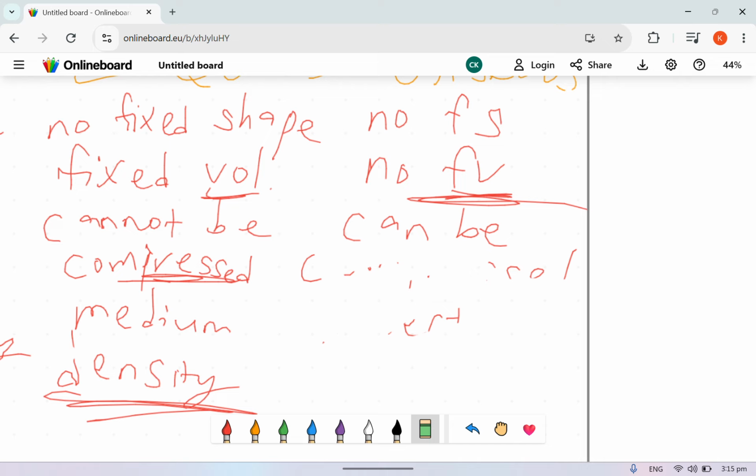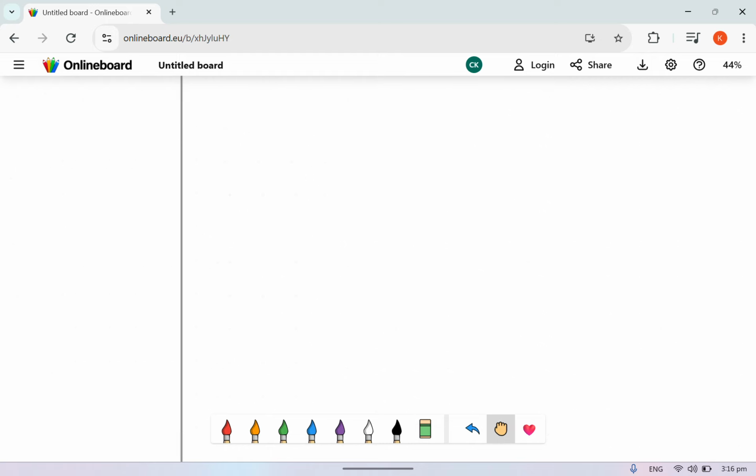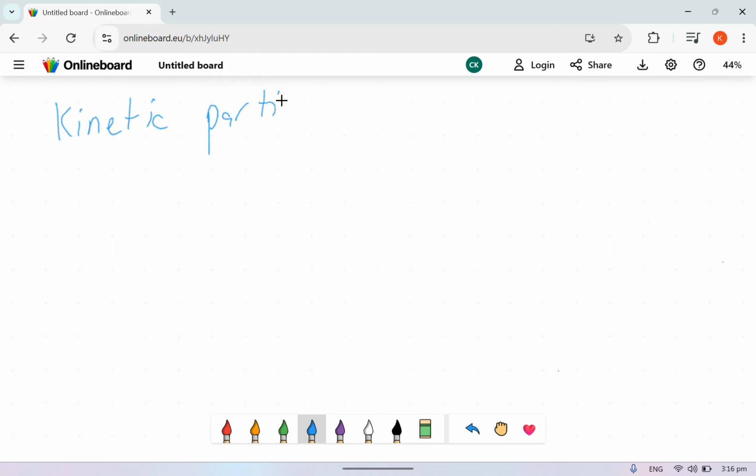Okay, so now once we've learned all these, we're going to try to define what is kinetic particle model that I was talking about just now. Okay, so now it's actually super simple. Not much to remember, just one single definition of kinetic particle model. Okay, now kinetic particle model